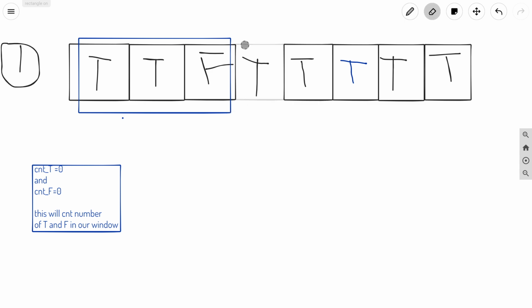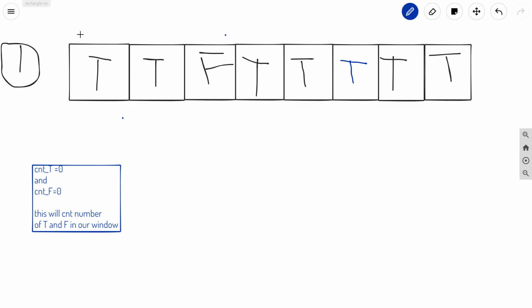Whenever the minimum of t and f, which in this case is 1, is less than or equal to k, we can increase the size of this window.